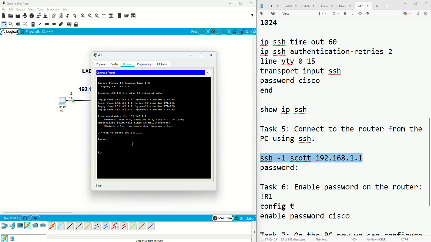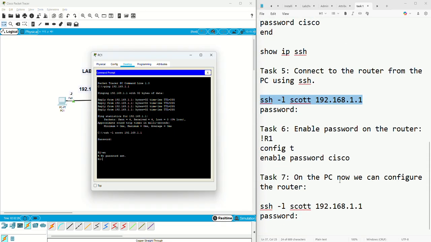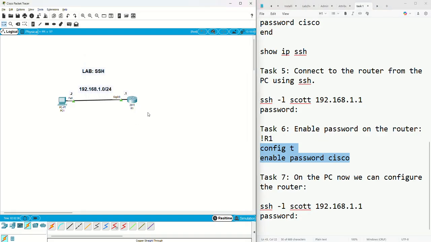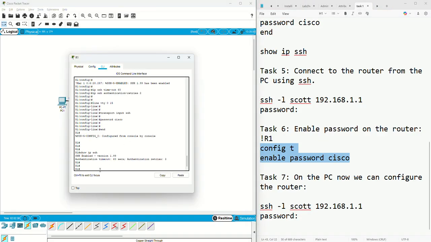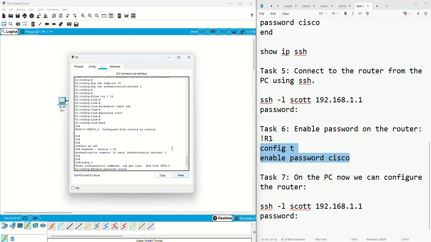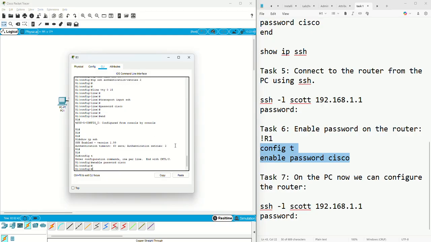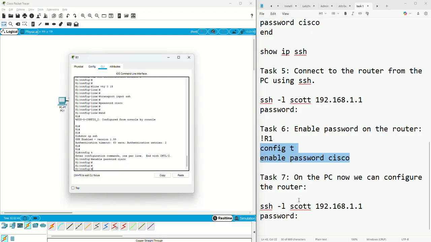We are in the router, but if we want to go to the next level of the router, it says no password set. So we'll go to the router and enable the password, which is Cisco. If I go back to the PC again,